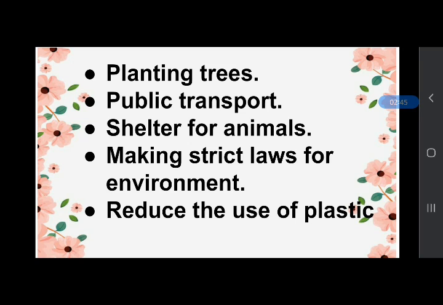And by building shelters or protected areas for animals, and by making strict laws for the environment, and by reducing the use of plastic and non-biodegradable waste. There are many ways in which we can protect our environment: by maintaining cleanliness, by not throwing garbage anywhere we want, etc. You can suggest some more ways.